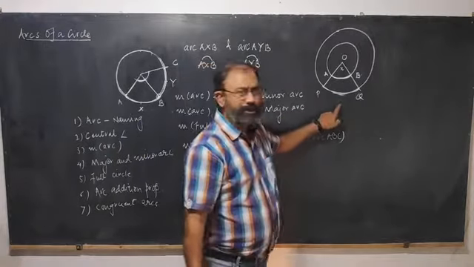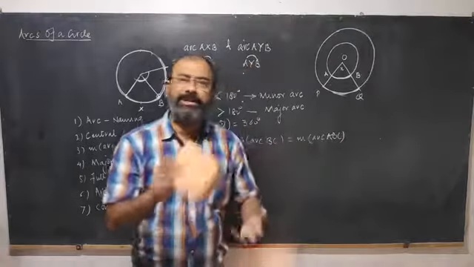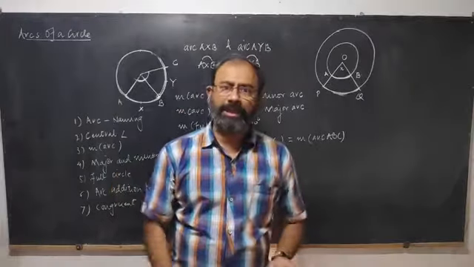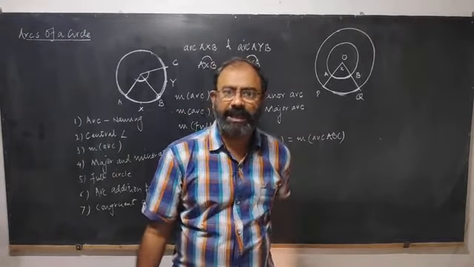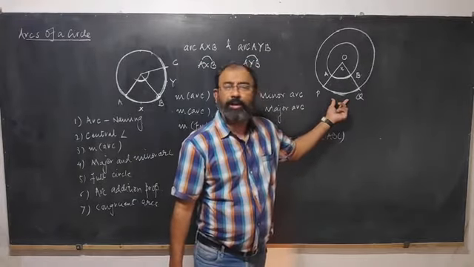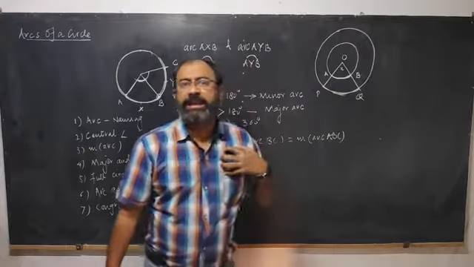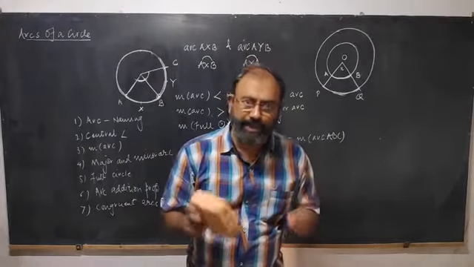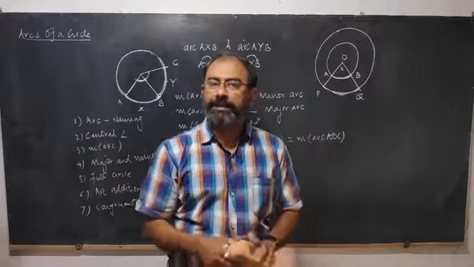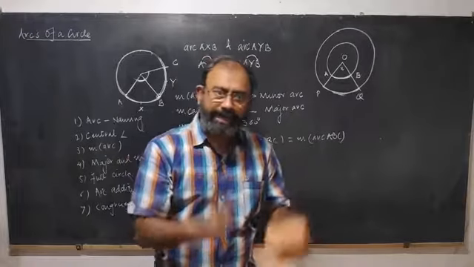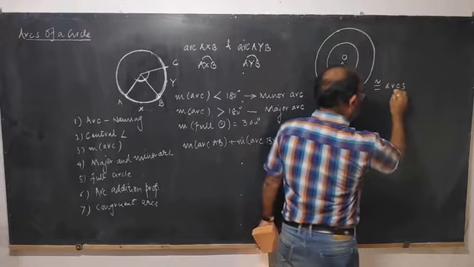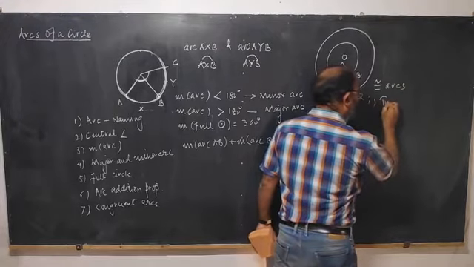Are these two arcs congruent? Will they overlap each other? We know the concept of congruent figures. When two figures exactly overlap each other, we say that those figures are congruent figures. So, is this arc going to overlap with this? No. So, is it sufficient to say that if the measures of two arcs are equal, then the arcs are congruent? No. The second condition has to be there. Two arcs are said to be congruent if they have same measure,